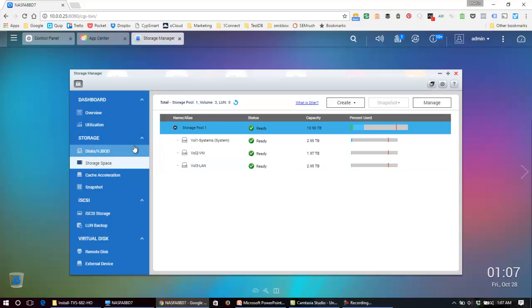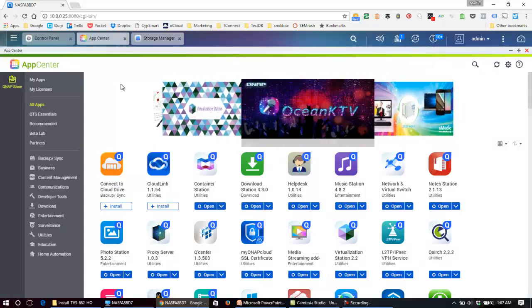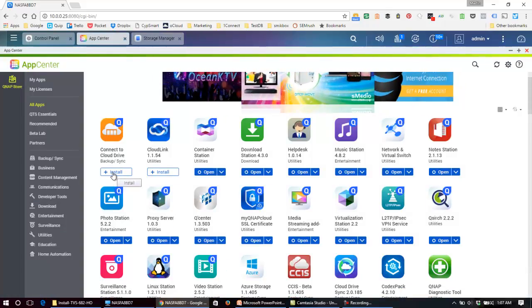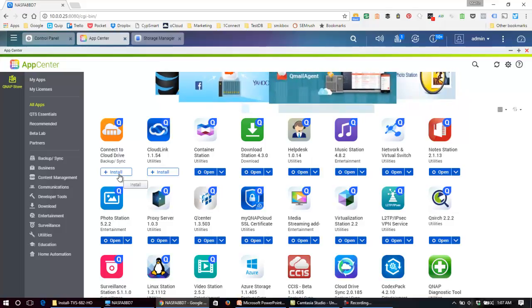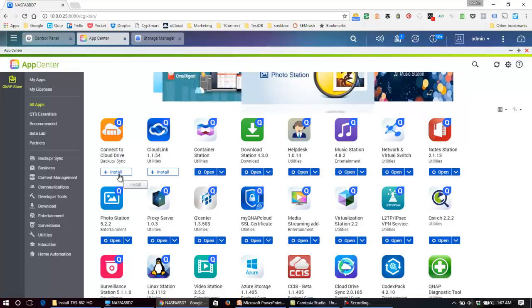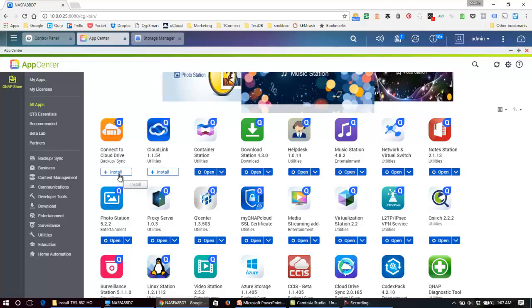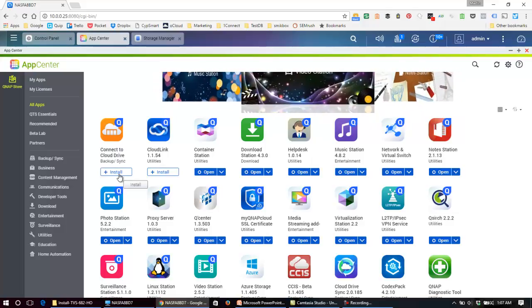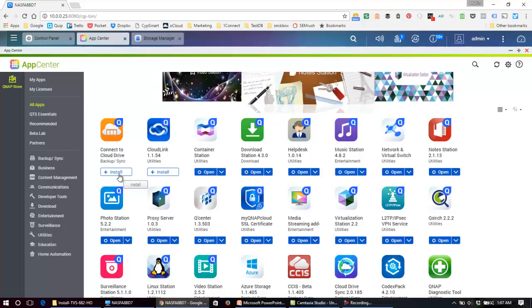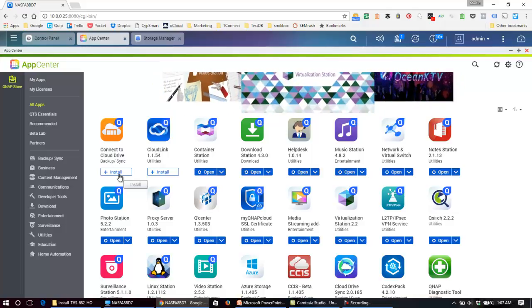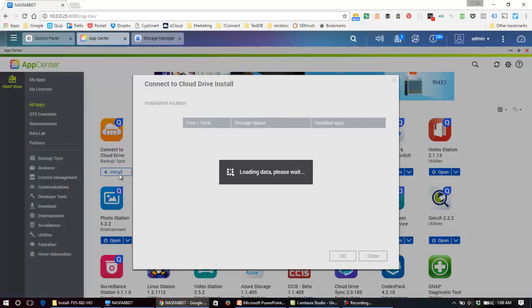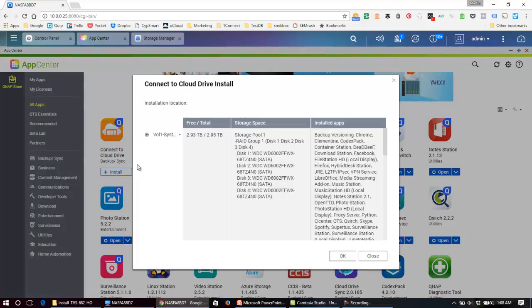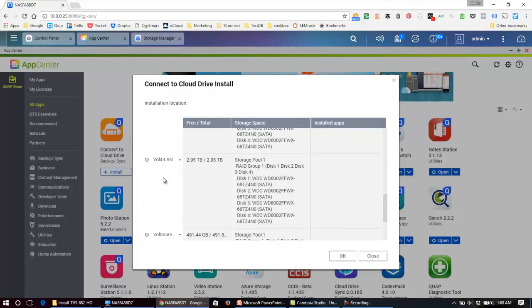We'll go back to the App Center, and I want to install these 2 remaining applications. Connect to Drive. Connect to Cloud Drive is a backup and sync utility for cloud services such as Google Drive, Amazon, where you can copy or you can back up and synchronize what you've got stored in those services to an area of the NAS. And it would make sense that you would use a folder within that same LAN volume,